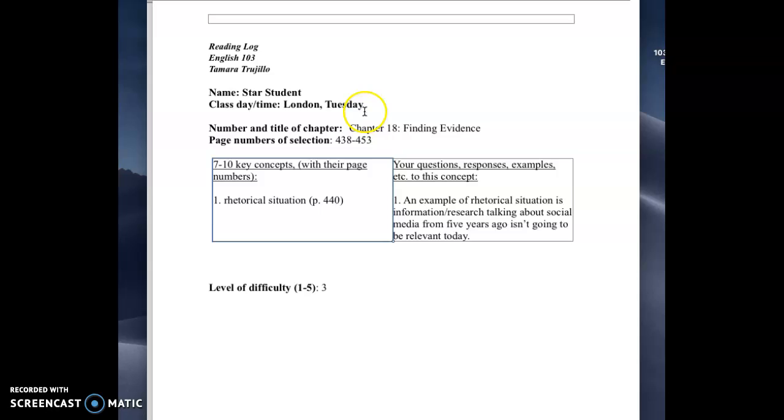I put London, Tuesday. But if it's a class that's not in study abroad, then of course you'll put the day that the class meets, maybe it's Monday or Wednesday, and then the time that class meets, because sometimes I have two different sections or more of the same type of course of English 103 on the same day, just at different times. And then number and title of chapter, for example here, chapter 18, Finding Evidence, and then the page numbers of